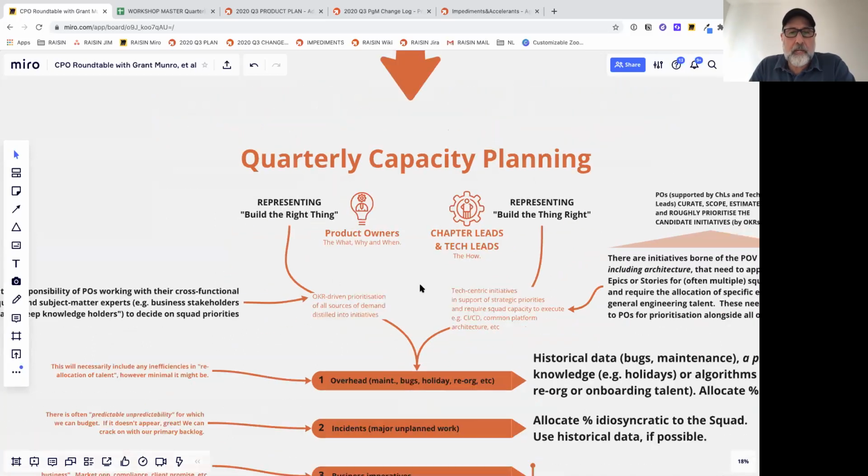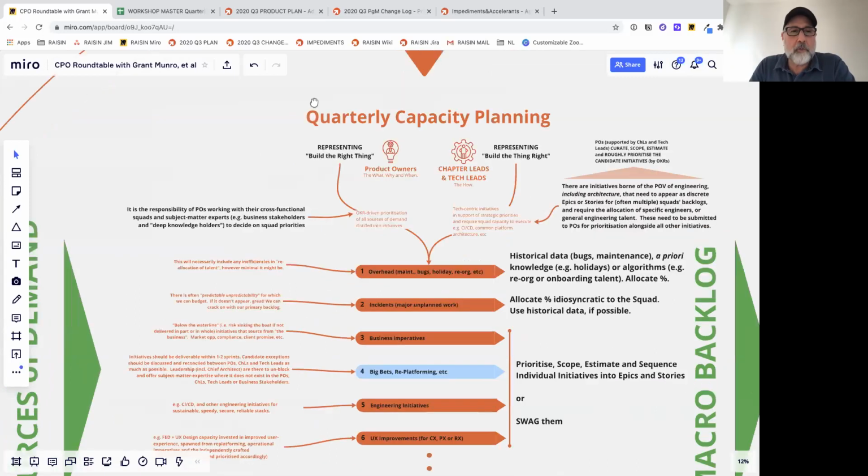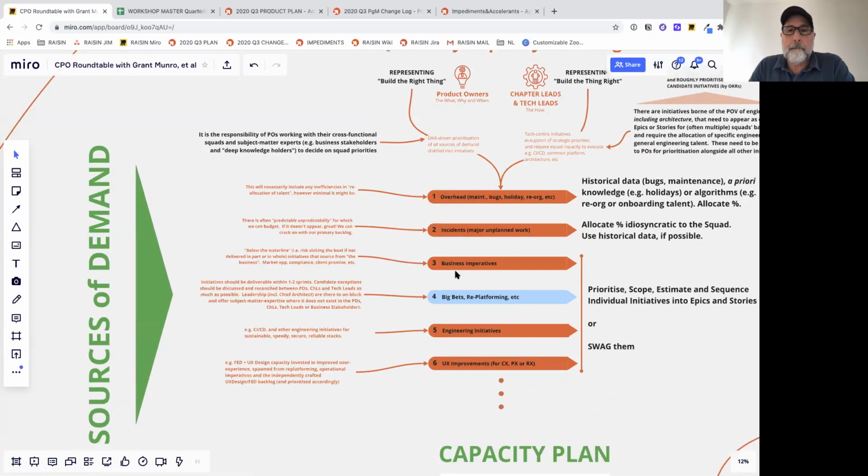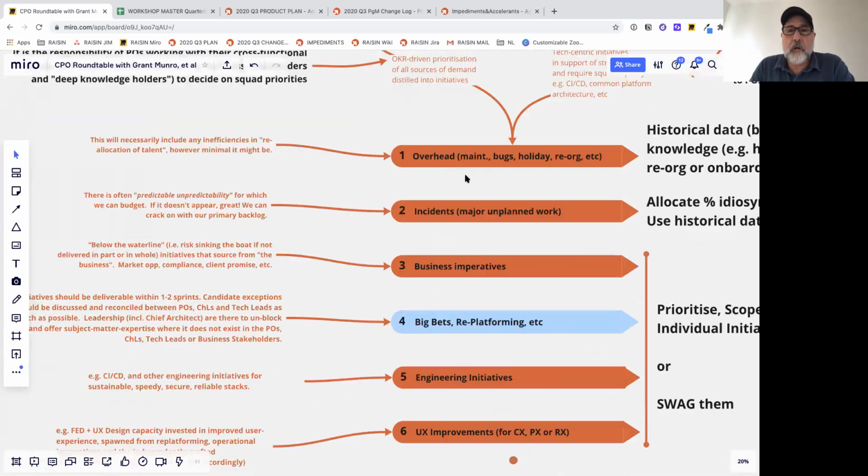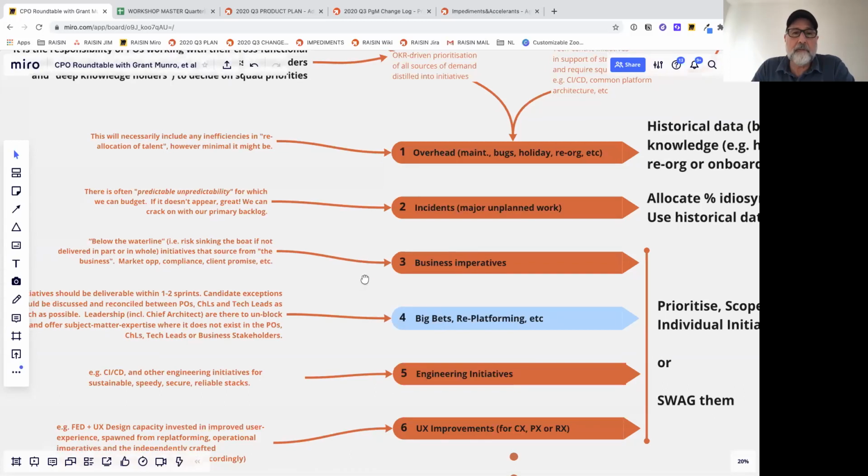What we do is we curate all the sources of demand. It just so happens, this is ours. You guys will get a link to this, so I'm not going to read every bit of it. The first one is essentially overhead, and there's holiday reorganization work, sometimes talent moving, onboardings, et cetera. There's just the nature of overhead, meetings, big meetings from town halls and so forth. Then there's incidents, this we call major unplanned work, business imperatives, which are things that,